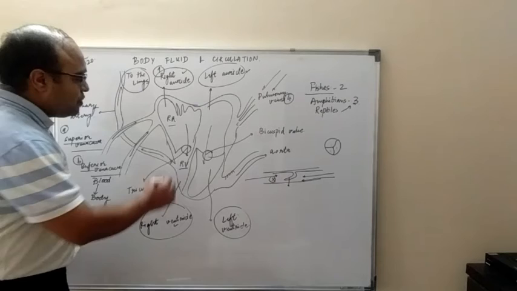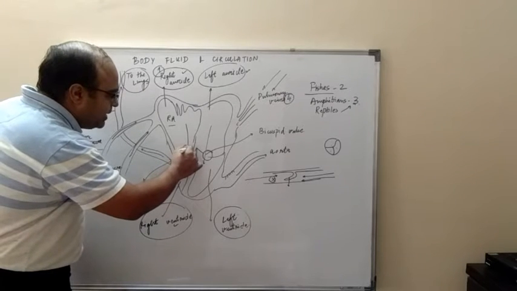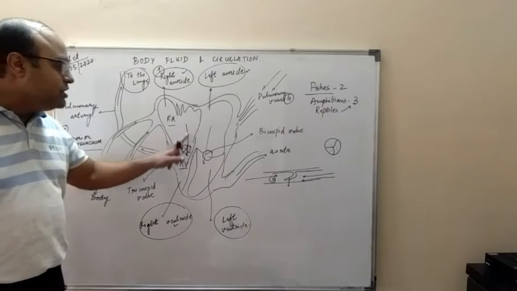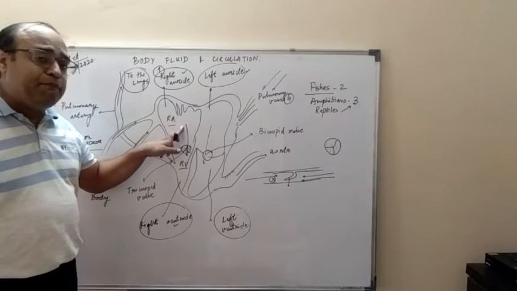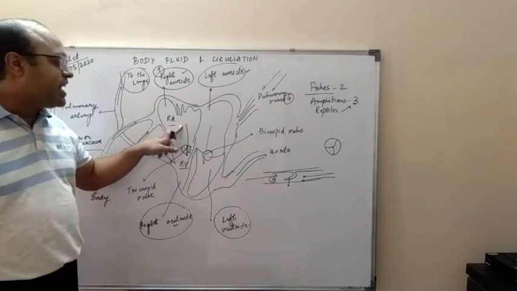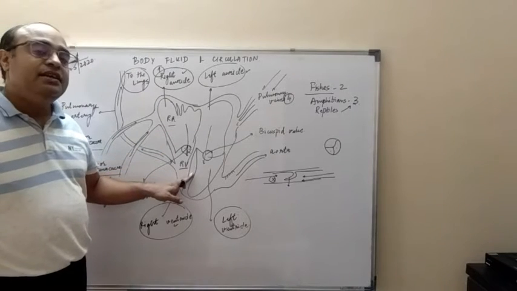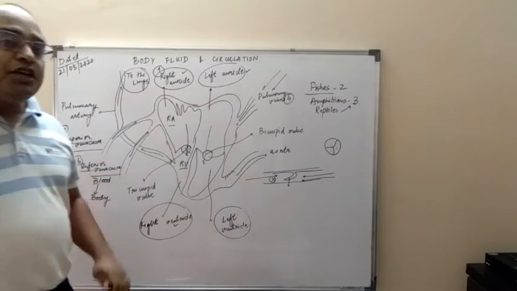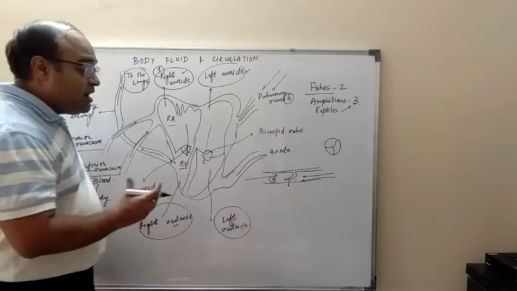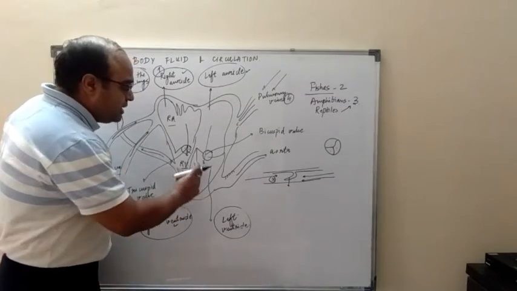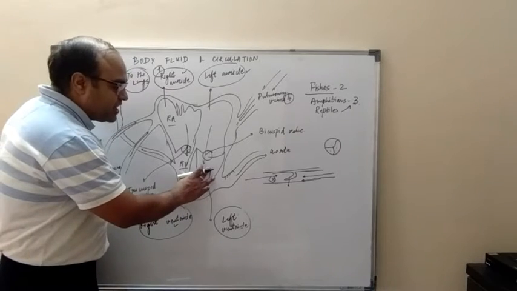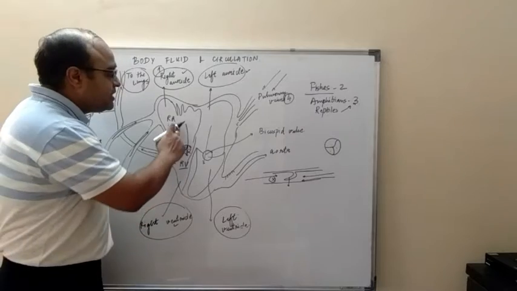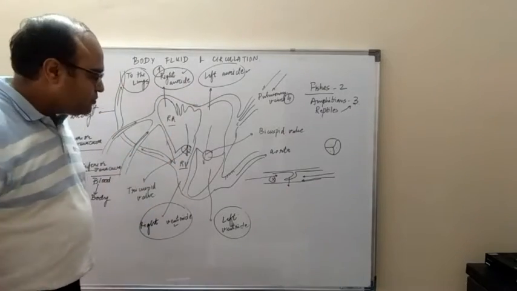Okay, so it is a tricuspid valve which is present over here, and through this tricuspid valve the blood gushes from the right auricle into the right ventricle. Now the human heart has a muscular ventricular system. Ventricles, which are the lower part of the heart, are more muscular than the auricles.